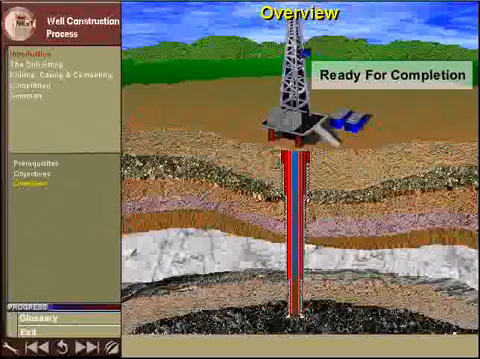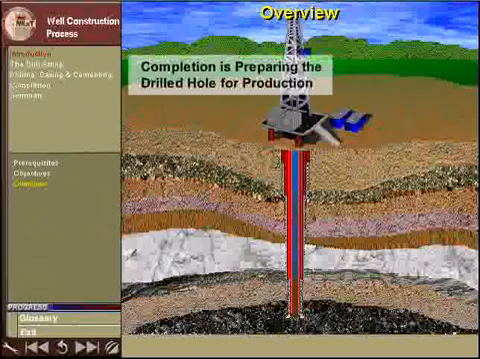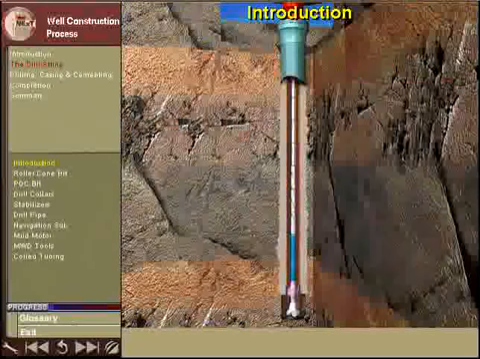After the well has been drilled to final depth, and all of the casing has been cemented into place, the well is completed. Completion refers to the operations that must be performed in order to prepare the drilled hole for the production of oil and gas. Before covering the drilling and casing process, it will be helpful to identify the basic components of